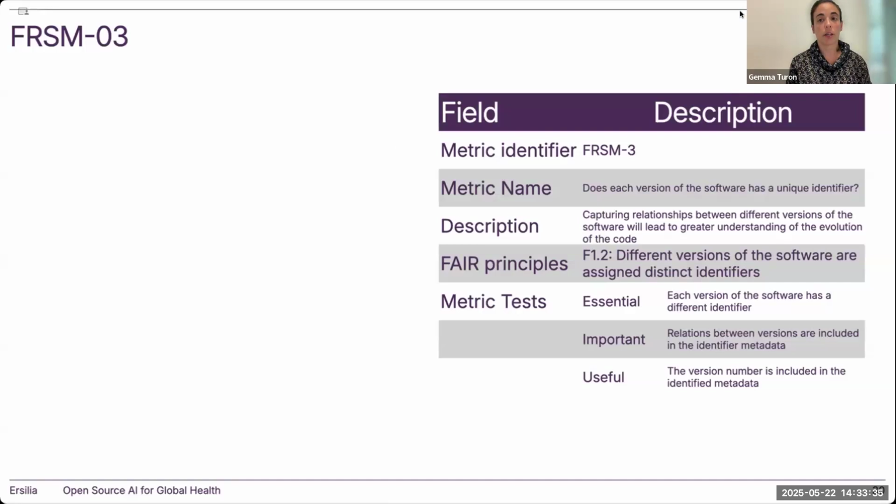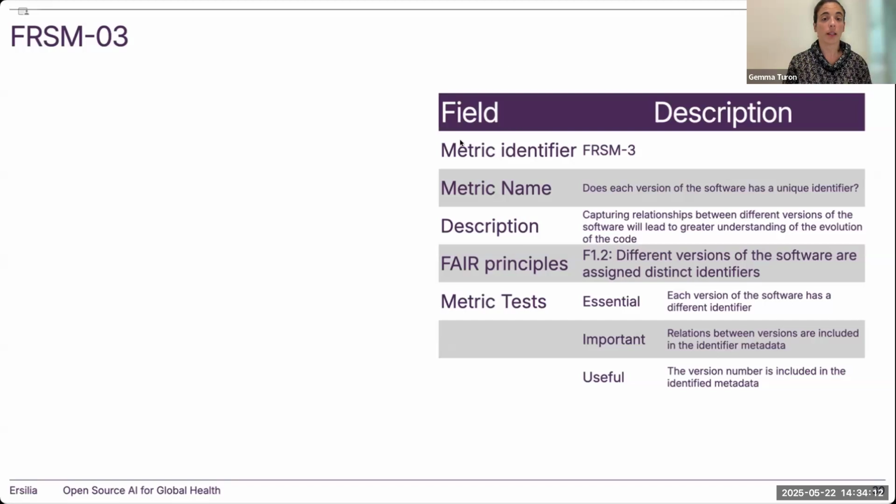Why I think this is very important in our case, because Ersilia is a highly evolving software. We use it constantly in our research and our implementation projects, and therefore we every time find a new use case, a new improvement we want to make. So it changes a lot, meaning we have a lot of versions. So this metric measures whether these versions are properly identified. So they are capturing the relation between the different versions. They have each one a unique identifier. And basically this unique identifier is available in the metadata of the model.